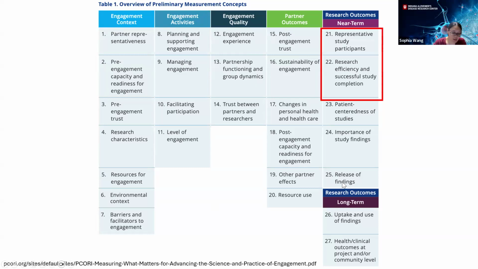And the other important thing is release of findings. I want to clarify what that means. Release of findings for us as researchers means, did you publish, right? Did you get your first author paper in the New England Journal of Medicine? Did you get your first author paper in JAMA? But many patients, you get a few who are savvy and will be reading those, right? We are trying to make more information publicly available. Many people don't even know what PubMed is. And so making sure that we release those findings in a forum that people from all communities can access is important.